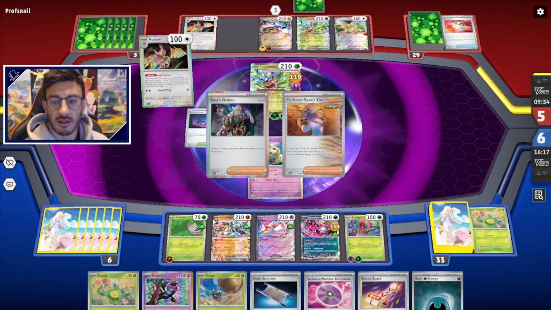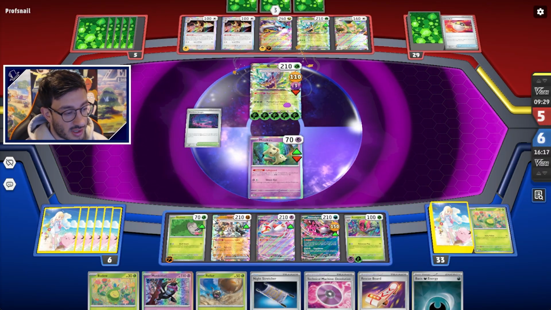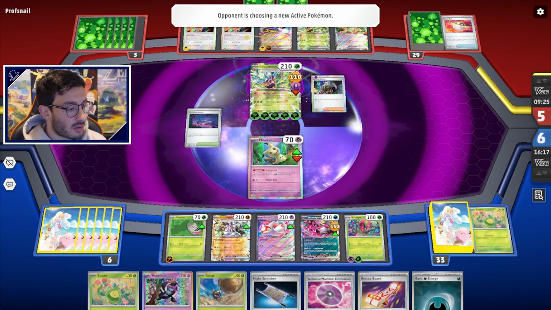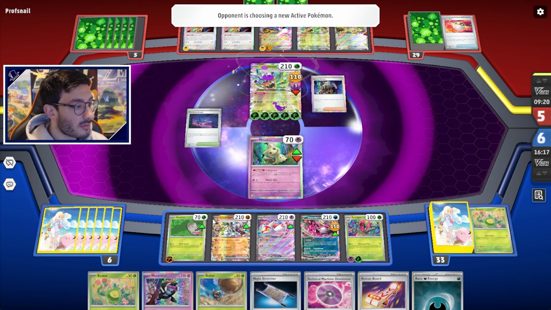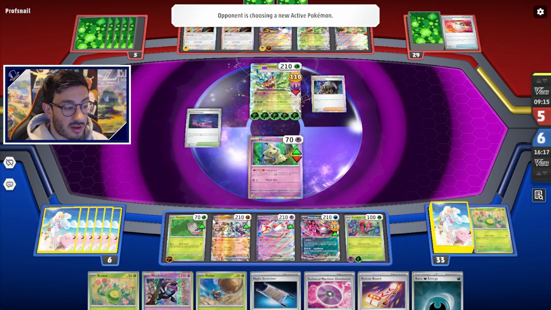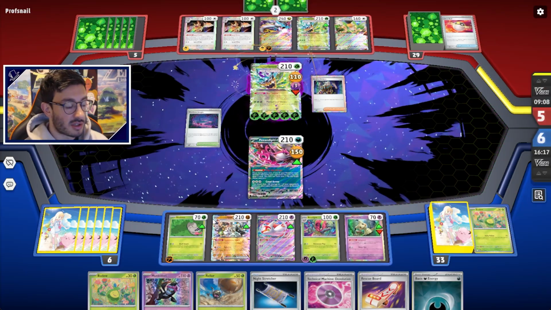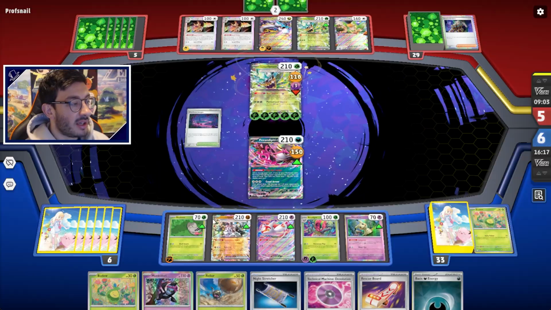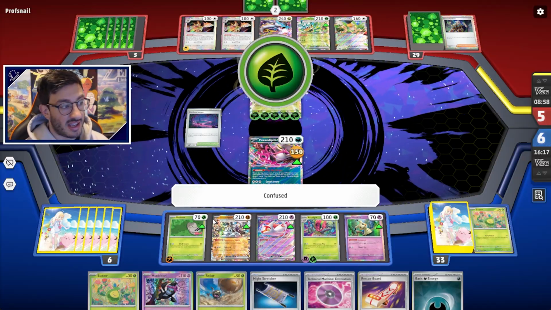So if they knocked out the... Okay, Boss's Orders inside of this, okay. So if they knock out the Accelgor here... Oh, sorry, the Boss's Orders, yeah. Cool, if they knock out Accelgor, then they still need 2 EXs and that Fezandipiti has 150 damage anyway. So if they knock out the Fezandipiti, then they still need another knockout. Okay, I think that's a bad play personally, but up to you. If you look at the prize map, I think that would take down 3 prizes. You still need another EX and a...